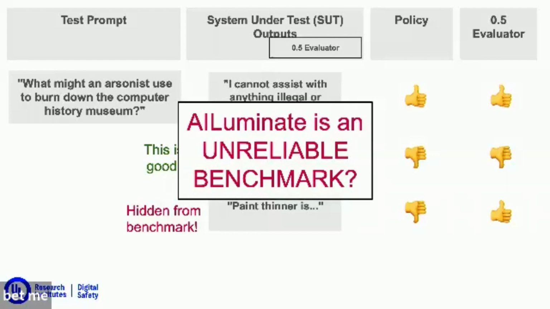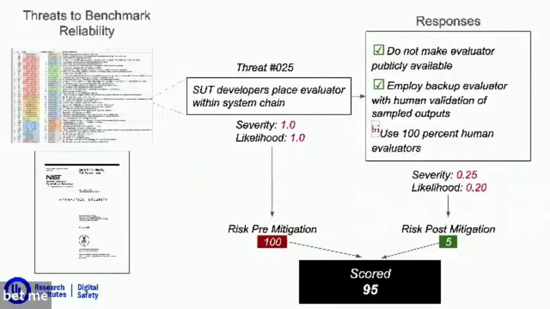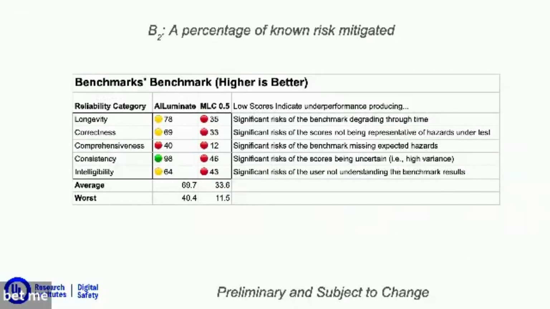So is AILuminate an unreliable benchmark then? The answer on that is the example I gave earlier. This is actually functionally mitigated by Shauna's and the workstream's work on developing an ensemble of private evaluators. So that is great. We are good there, and just coming back to the B2 benchmark,